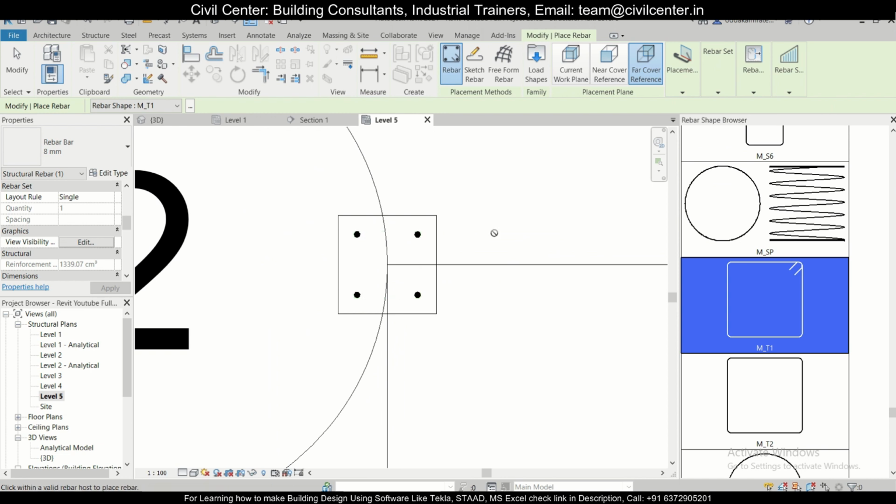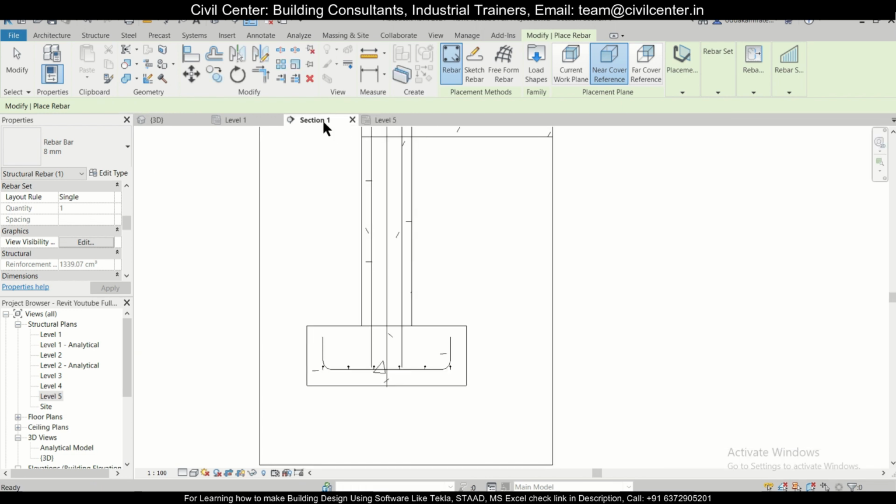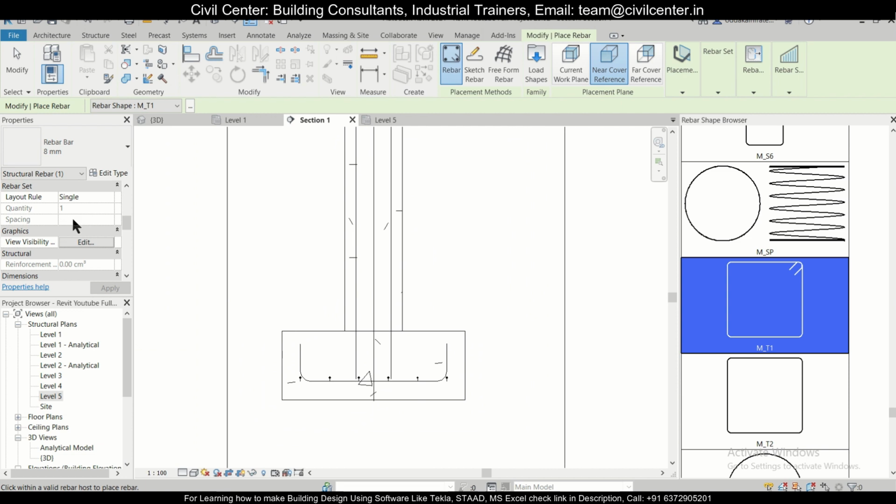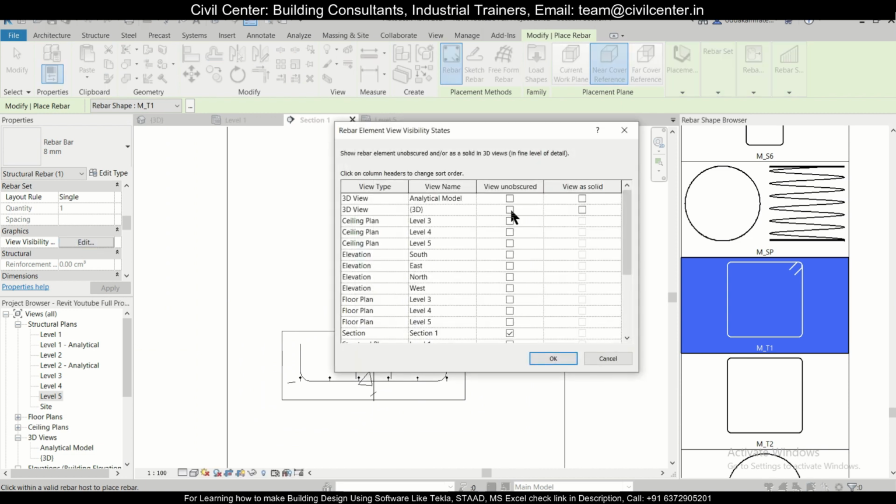And right now, as you can see, we are not able to place it, so we do this perpendicular to cover. Next also, parallel to work plane and current work plane near cover reference. So you're not able to do it properly from up here, so let's go to the section here, and in the section we'll just click on edit here,